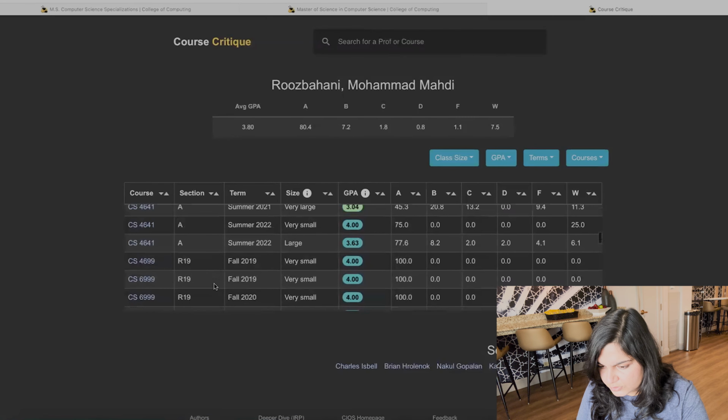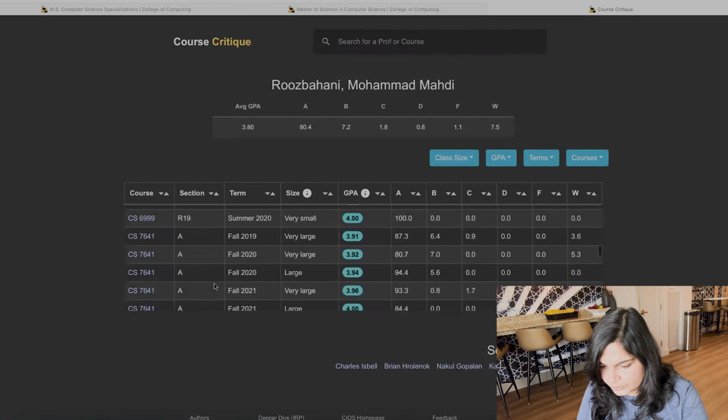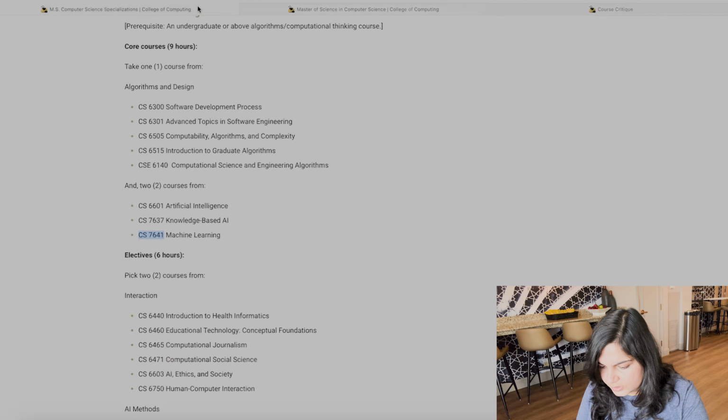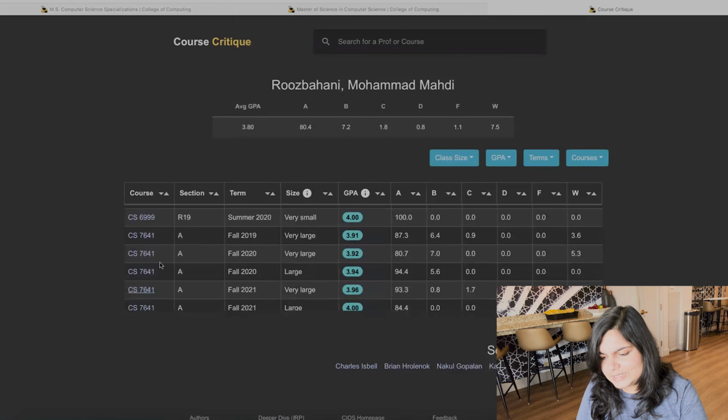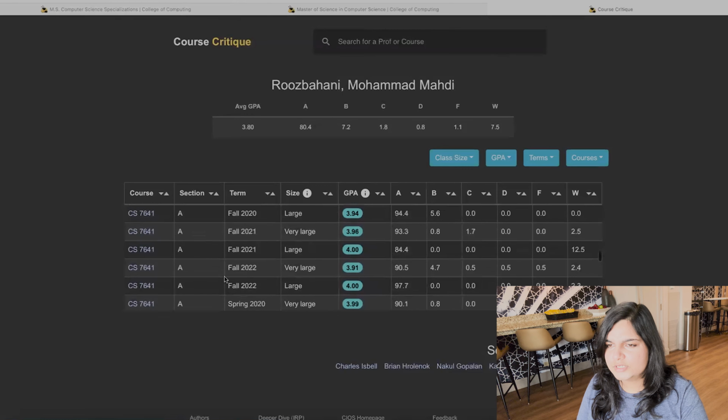It is 7641. Yeah, 7641. So for 7641, you'll get details about it from say a year or two previously, but it kind of remains the same. So you'll see whether the class is large, very large, what the GPA percentage of people was, and if it is a good class or